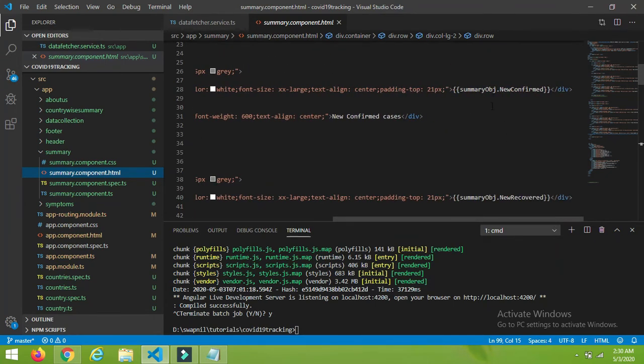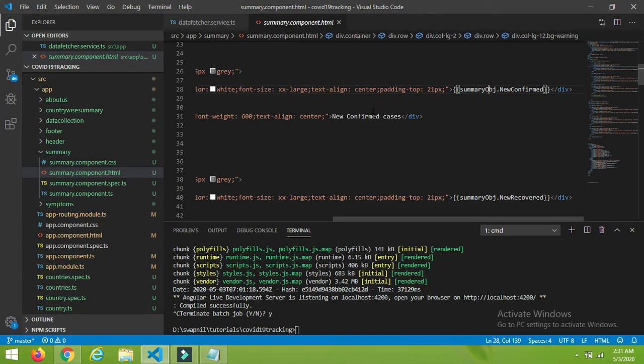Here I have displayed using interpolation. This is the summary object, the local variable in summary dot component dot ts, and this object contains the new confirmed. I have surrounded it by double curly brackets, that is our interpolation. If you are not aware what interpolation is, you can watch my video on my channel about interpolation, right?